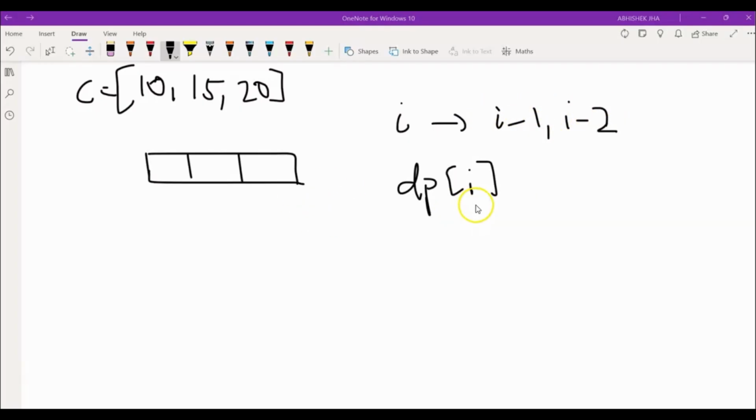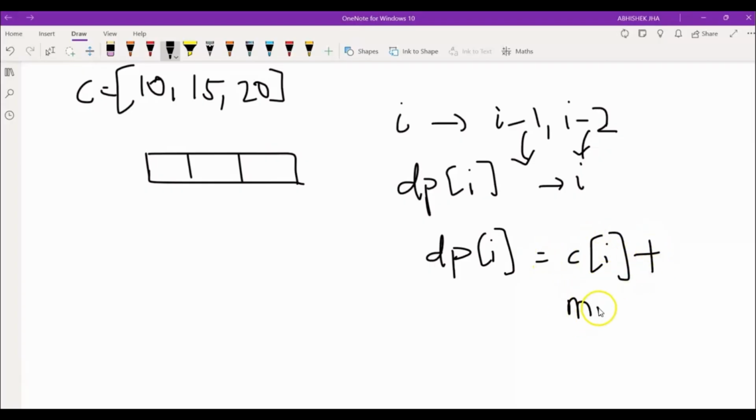Here dp of i resembles the minimum cost to reach step i, and from step i you could have come from step i minus 1 or step i minus 2. So the relation generates dp of i as nothing but the cost of i plus the minimum of the last two steps, that is dp of i minus 1 and dp of i minus 2.